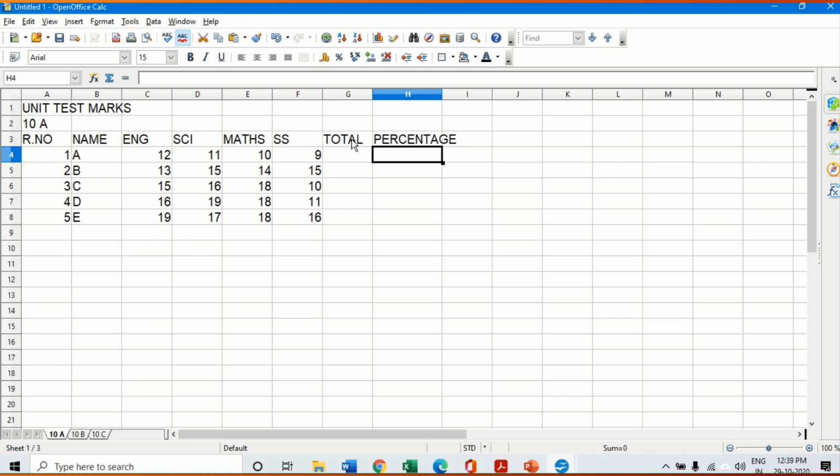Now I can record a macro whereby I calculate the totals and the percentage for one of the classes, and then do it for the remaining classes.